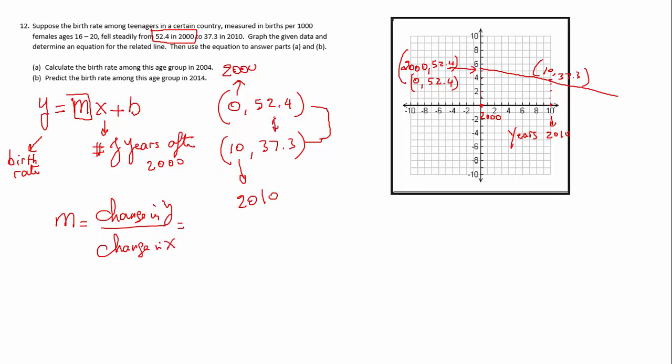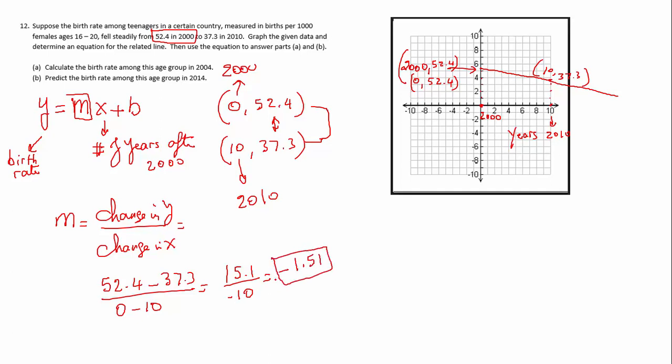And the y's are here, so it'd be 52.4 minus 37.3. You have to be consistent. We started here, subtracted; the way I start here, subtract. 0 minus 10. So let's subtract 52.4 minus 37.3. This will give me 15.1, divided by 0 minus 10, which is negative 10, and therefore this is negative 1.51, and this is called the slope of